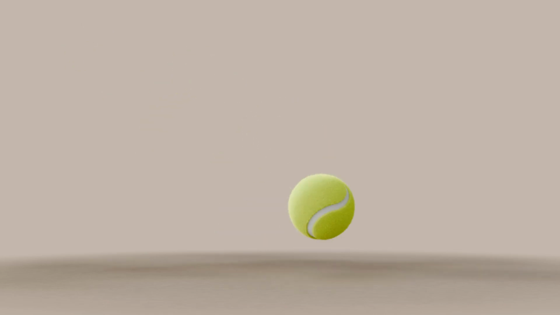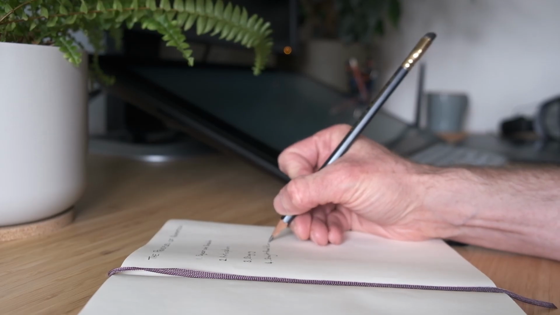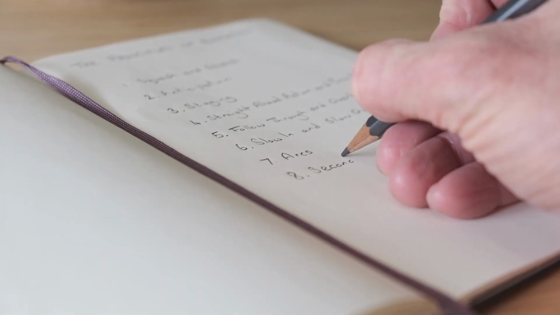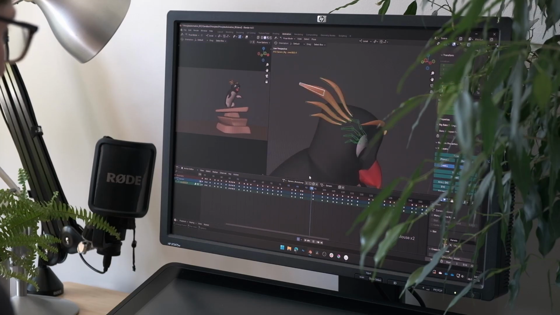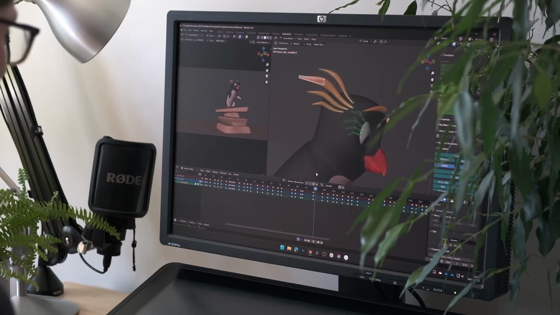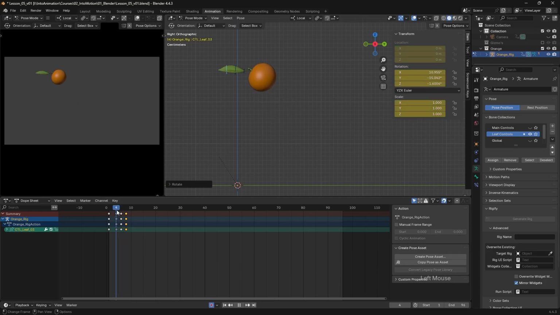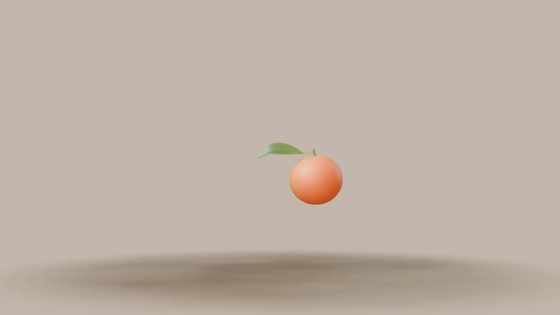Bouncing balls are great for learning the basics of animation, since they incorporate so many of the animation principles. One principle that we can't easily cover with a ball, however, is follow through and overlapping action. But what if the ball was an orange? In this lesson, I'll show you how to use straight ahead animation to add drag and follow through to the